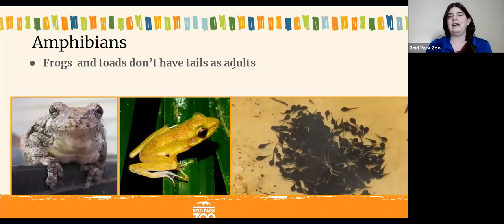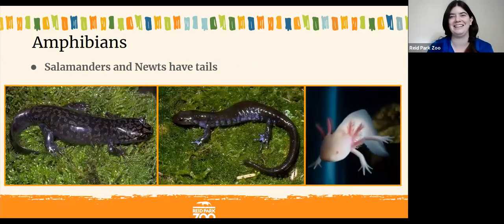We have different ways that we kind of classify or put amphibians into different groups. Frogs and toads are amphibians that generally don't have tails when they're adults, but when they're tadpoles, they do have tails. So these are baby frogs right here. And you can see they do have tails, but they don't have any arms and legs. And so as the tadpoles grow up, they'll actually absorb their tails and then grow those arms and legs. But as adults, frogs and toads do not have tails. They have legs, they don't have tails.